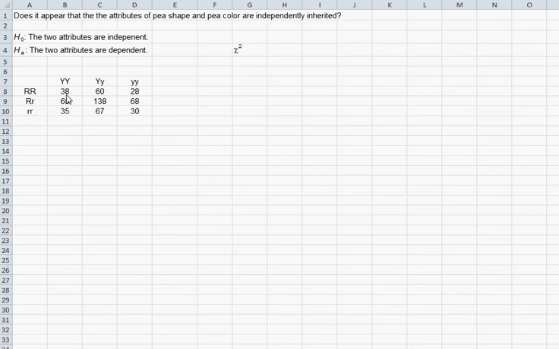So there were 38 pea plants which were dominant homozygous for both color and for roundness, and there were 138 that were heterozygous for both attributes, and so on. So the question is, are these two attributes independently inherited, or are they somehow dependent? Mendel's laws postulate that these attributes are independently inherited, and the chi-square test can be used to test for the